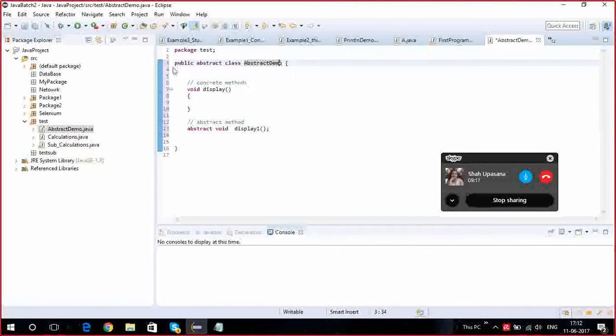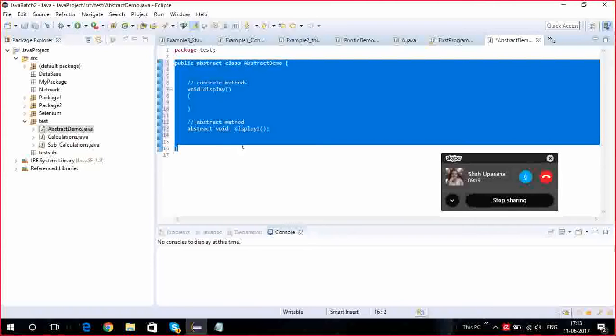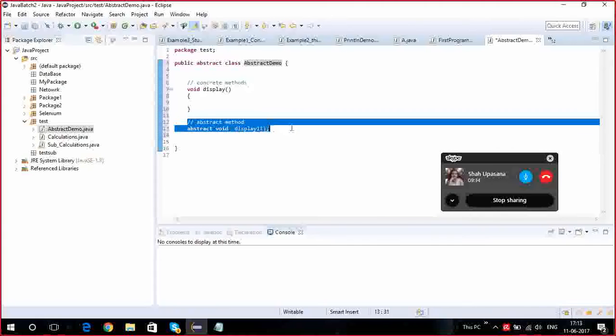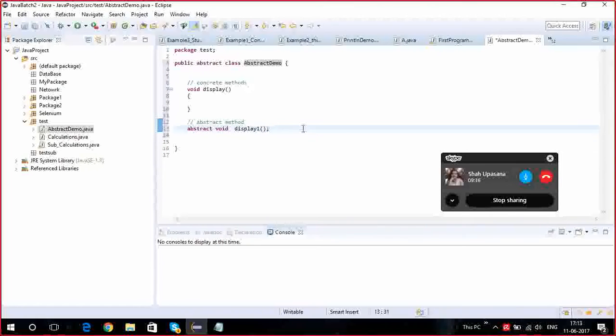Any doubt in this? What is the use of it? We'll see later. First try to understand what a concrete method is and what an abstract method is. Methods which don't have a body we call abstract methods. If any class has abstract methods,